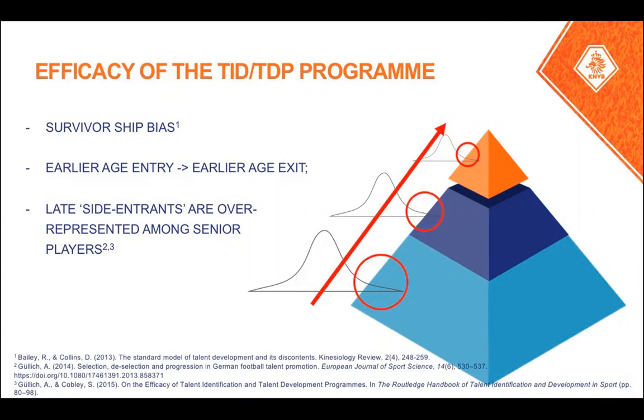And again, some research articles here that look at the efficiency, the efficacy of talent identification and talent development programs, and this race to the top to get the players that we've recruited at this level and wide, and how it gets smaller and smaller, you know, early age entry and then leading to earlier and earlier age exit. This level of survivorship bias, okay, which was obviously part of one of the research studies there that you can see.